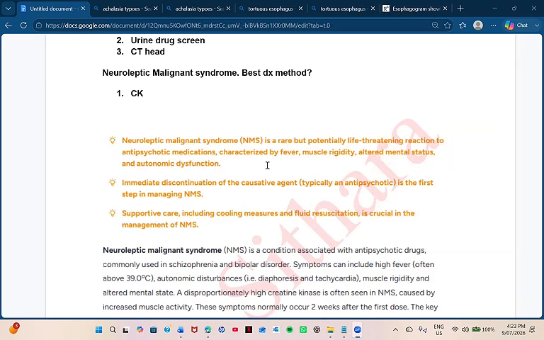It is a serious situation, so you do not do anything else first. If it is only an extrapyramidal side effect, you can reduce the dose or change to another drug. But here, this is neuroleptic malignant syndrome, a life-threatening emergency situation, so you discontinue